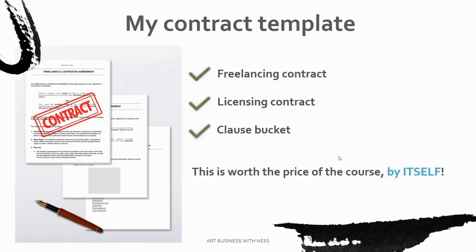And for many artists, this is just not realistic, right? You have a contract for like $1,000 and you pay $2,000 to get the contract drafted by a lawyer. It's not realistic for a lot of us. So having a contract template like this can really be a lifesaver, so you don't have to go without a contract, which would be very dangerous.